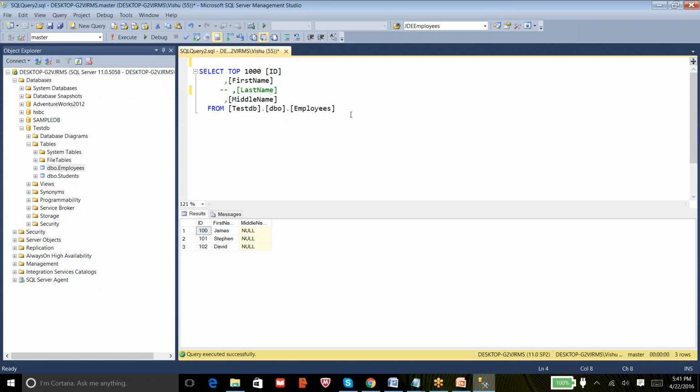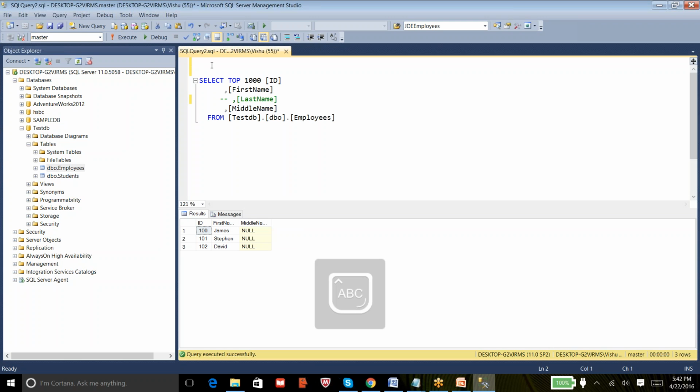So we can ask the user to execute this query, but we can't rely on him. He might just uncomment this and execute it. Still it shows him the last name data. So to make it more secure, what we do is on top of this we create a view, and the syntax for view is